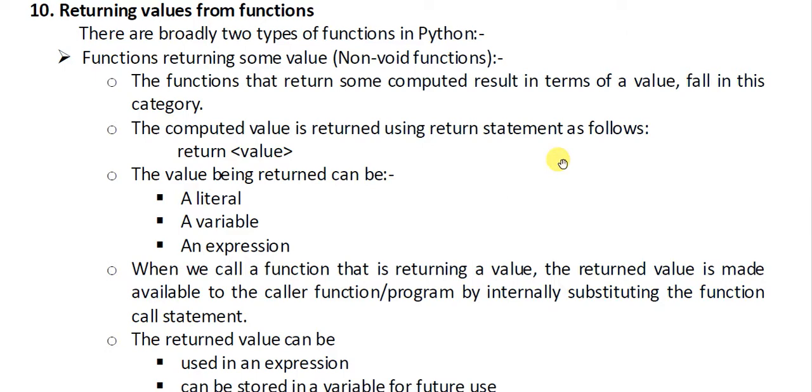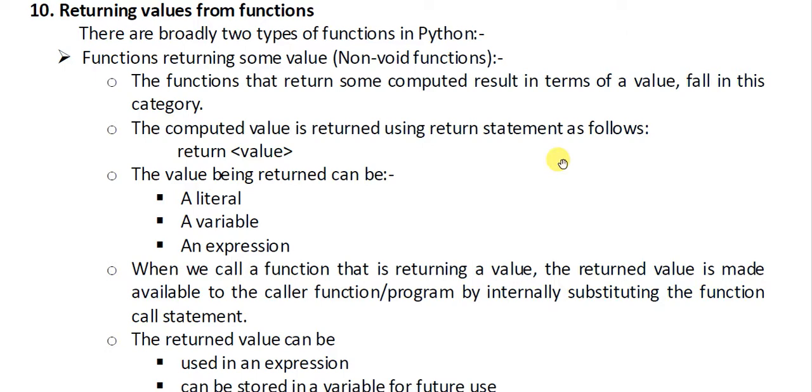Then we discussed the types of function, and after that we came to arguments and the type of arguments. Three types of arguments that we have already discussed: positional argument, default argument, and keyword arguments. Okay, so that was an important video. If you have missed that video, please go through that video. And now in this video we will be covering the remaining concepts of function, especially concerned with Python.